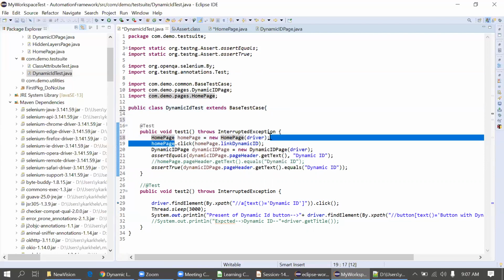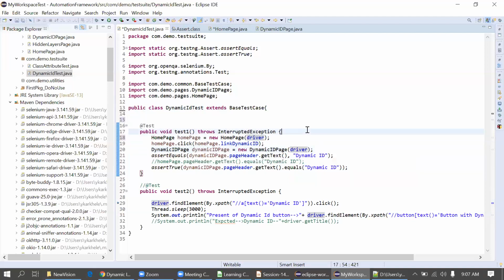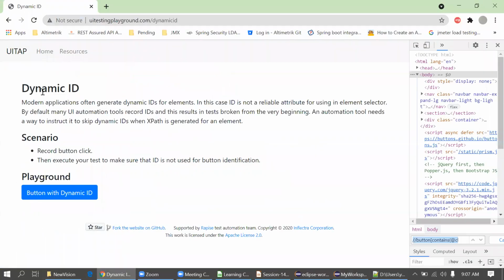And the benefit of this page object model is that, suppose our application is not yet developed and you have to write automation test cases. You can simply start writing them without the application, only with the flow. You just need to know what will be present on the UI, for example one page and one button on that page.